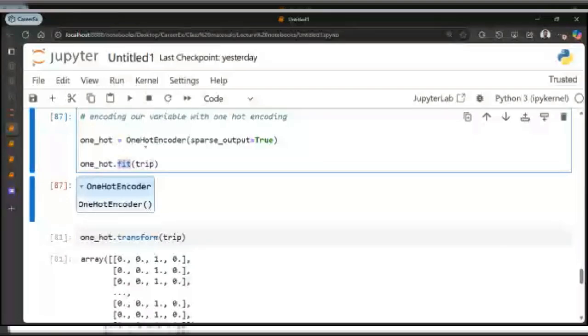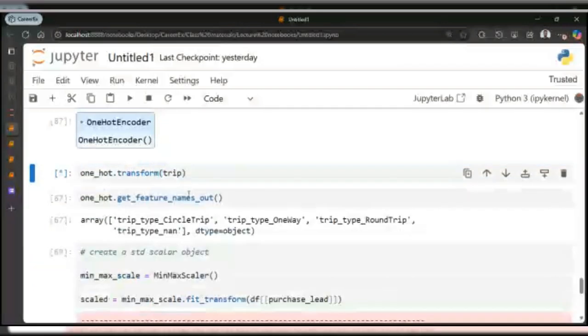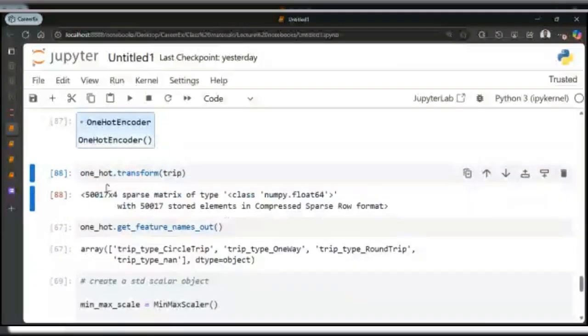So in this case, we've already fitted our transformer object, which is this OneHotEncoder object, to our data here, right? And then we apply the transformation on it. So you're going to see that we get this output, right?